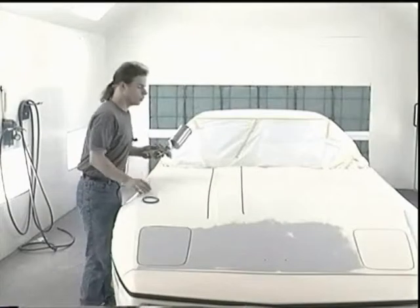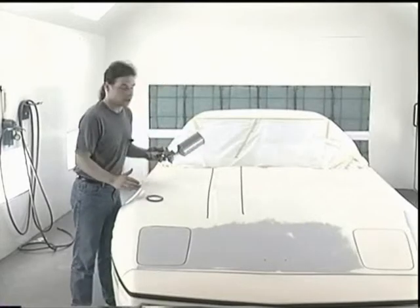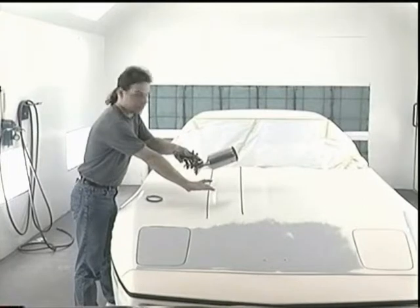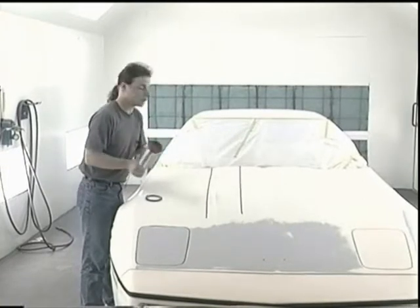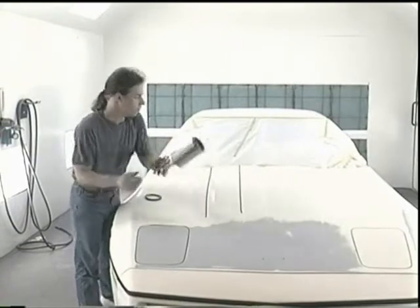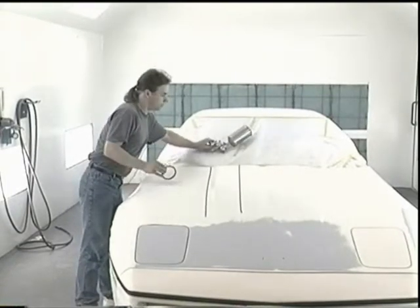All right, now we're going to talk about overlap. Now what overlap is when you make a pass, when you come back on it, you lap it over halfway, and that's called a 50% overlap. So let's say that these two lines represent your first pass, and you've done your duty, made a nice parallel pass,